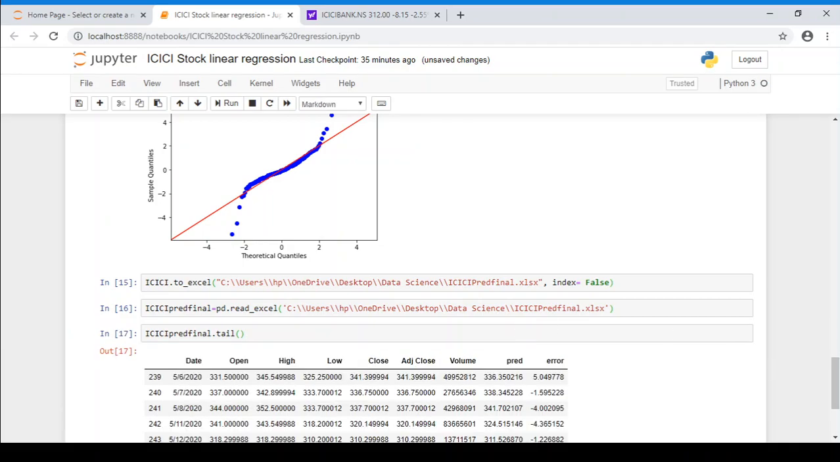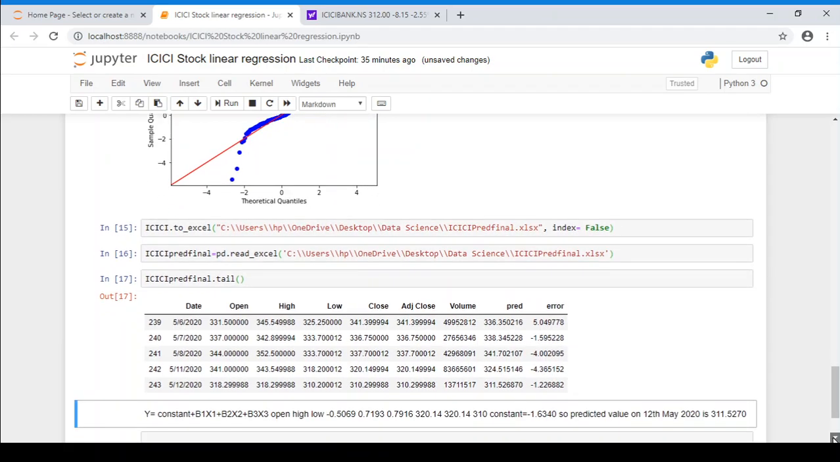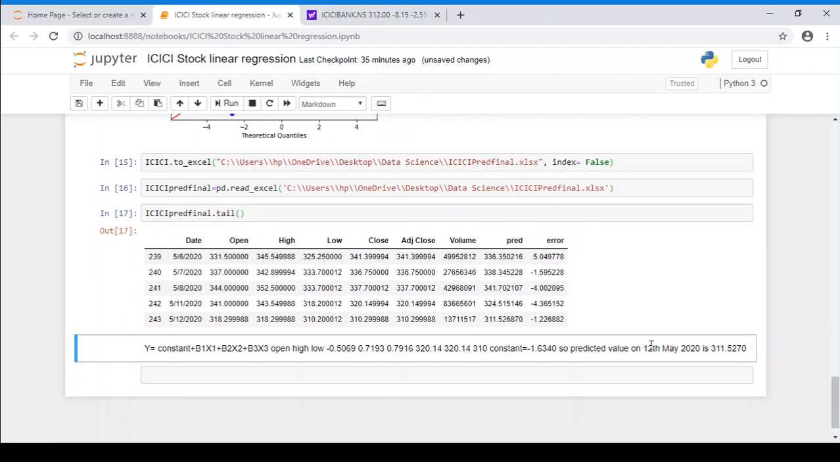Okay, so if you could see, my predicted value is somewhere around 311.5268, which we can say is around 311.53, or 311.527, or 311.53, somewhere around that. 311.5 or 311.6, we can call it. That is the predicted value, and I'm also trying to put this into the formula, which is y is equal to